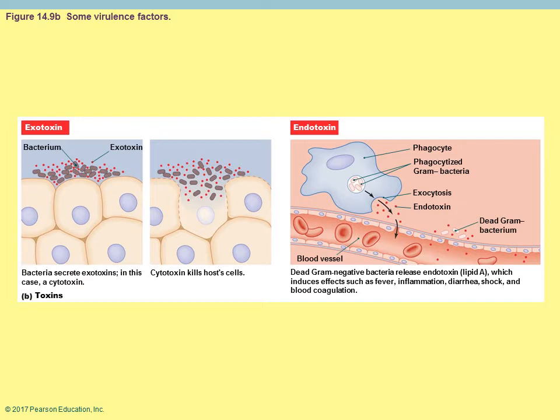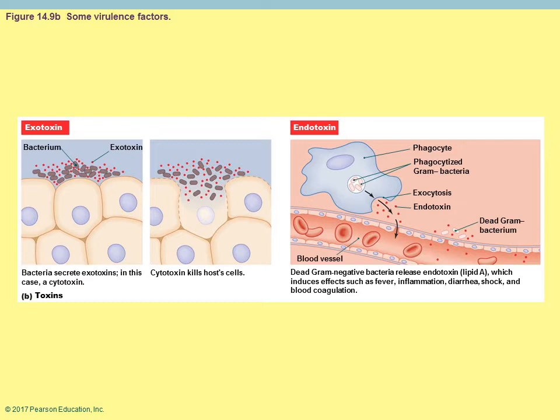An endotoxin is a toxin that the organism is making. It is released upon death of the microorganism. We mentioned this briefly in the very beginning of the semester when I was talking about the gram-negative bacteria and some of the differences between gram-positive and gram-negative with the cell wall, that they have that outer lipopolysaccharide membrane layer. And within that layer is an endotoxin called lipid A. This is released when the bacteria dies.